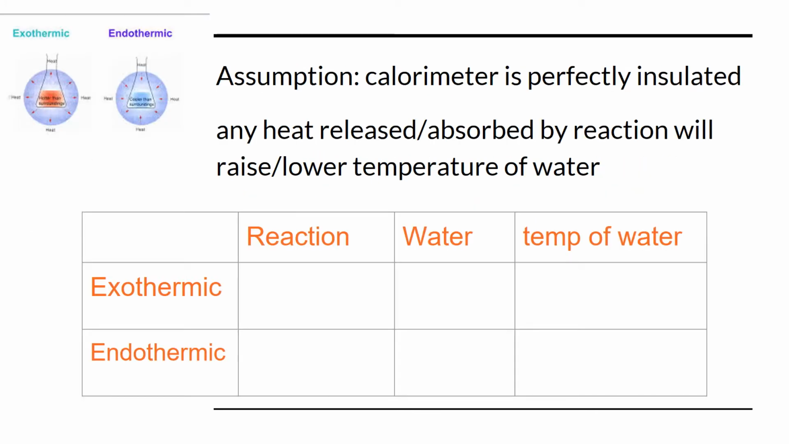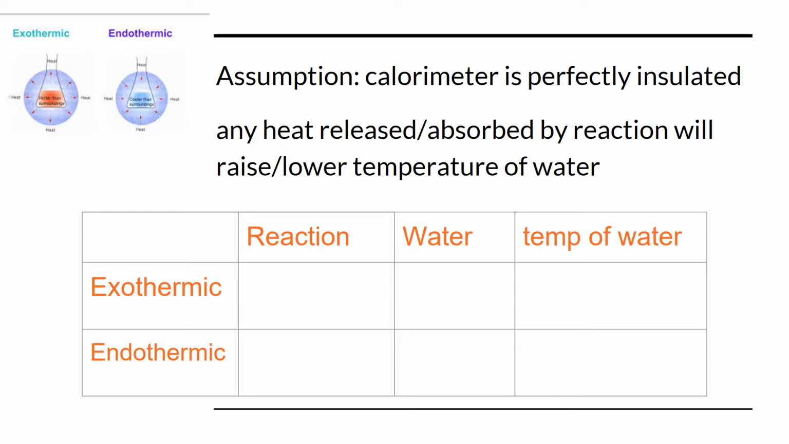So we always assume that our calorimeter is perfectly insulated. So any heat released or absorbed by the reaction will raise or lower the temperature of the water. And this is important because the reaction that's occurring, remember, that is the system. And then your water is part of the surroundings. So how your system affects the temperature of the water is going to tell you if there's an exo or